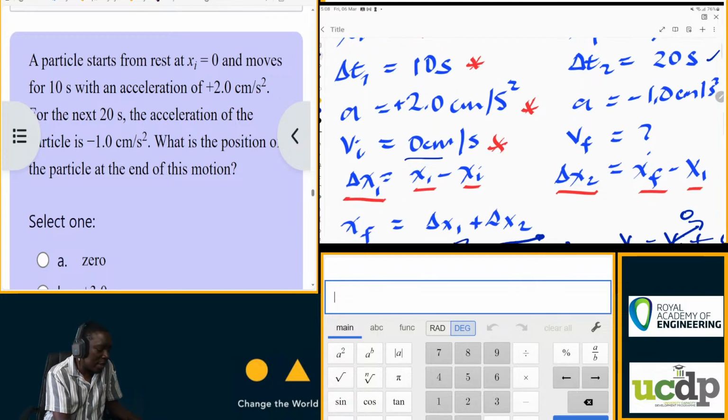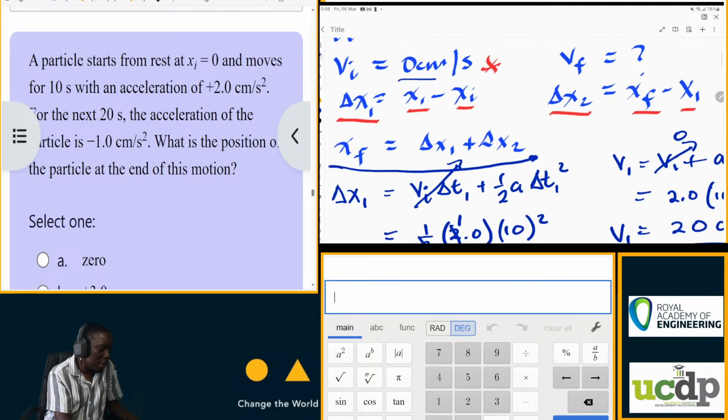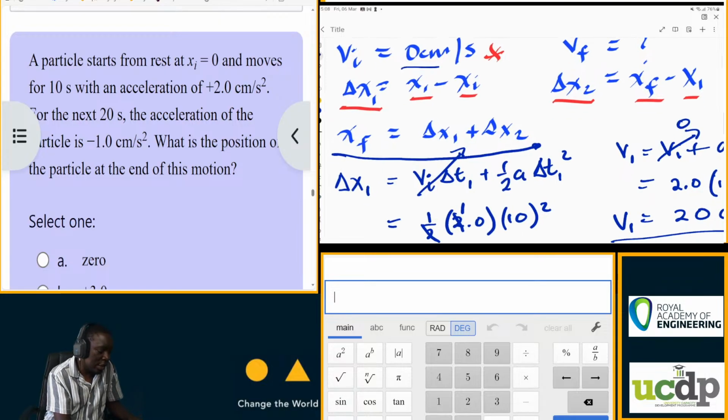But to find delta x1, which is the displacement, we have to apply the equation of motion. Delta x1 is equal to initial velocity times t plus half a t squared. So that's your initial velocity times the change in time plus half a times the change in time squared. But because initial velocity is 0,